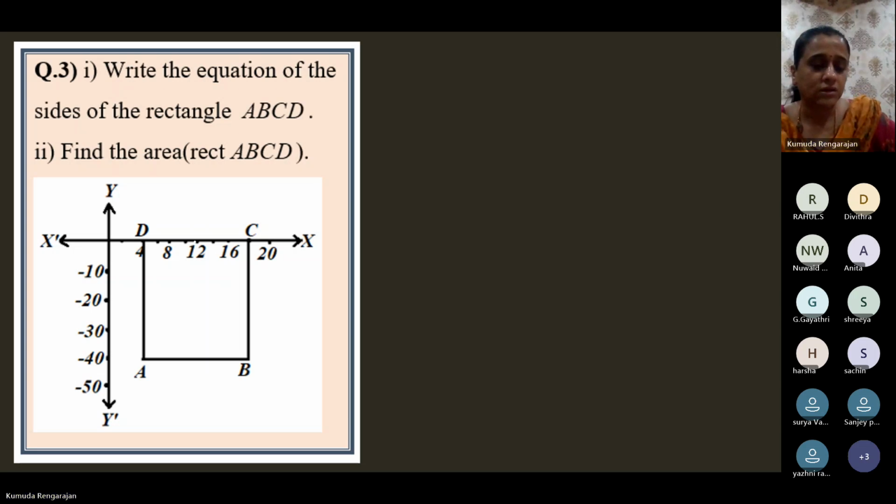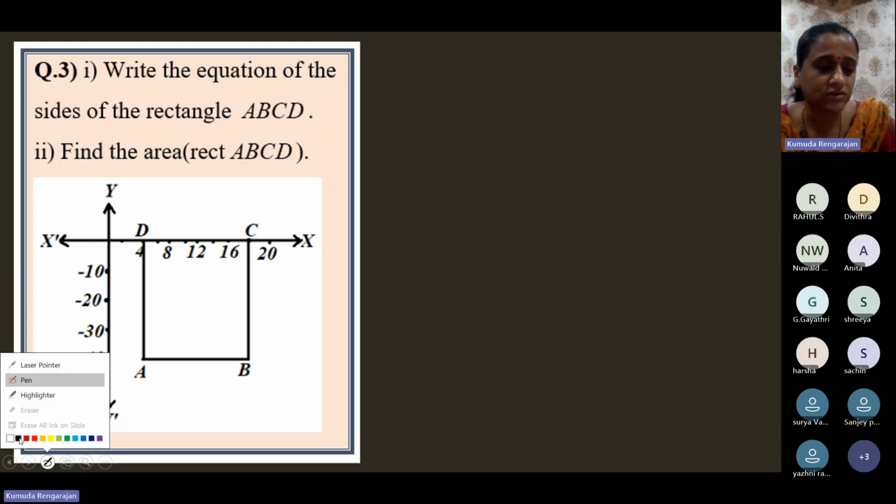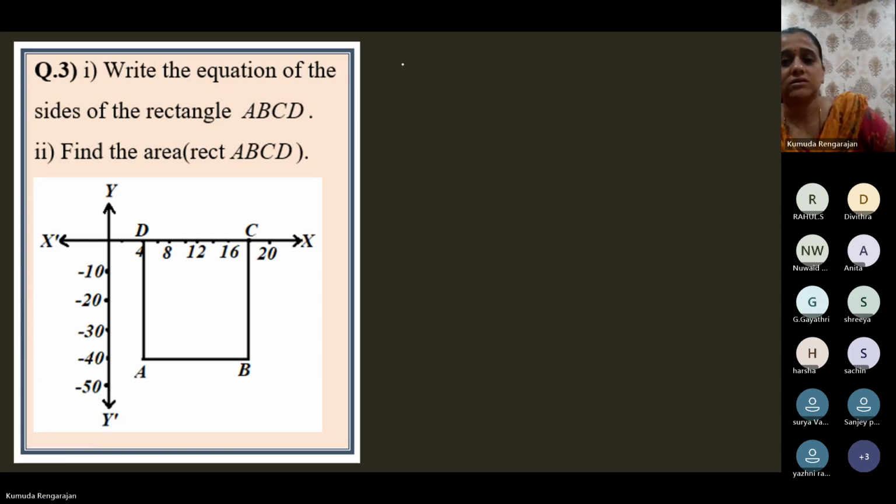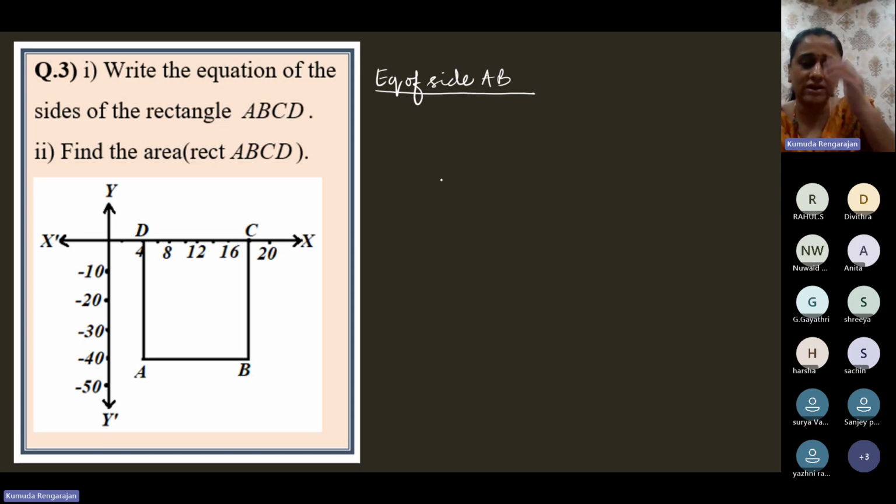All right. Now, side AB of the rectangle. Tell me, children, is parallel to which axis? AB is parallel to which axis, children? X-axis or y-axis? X-axis. So its equation will be of the form